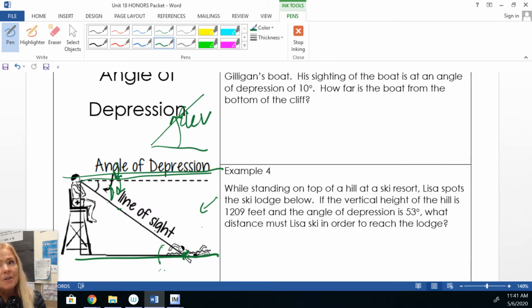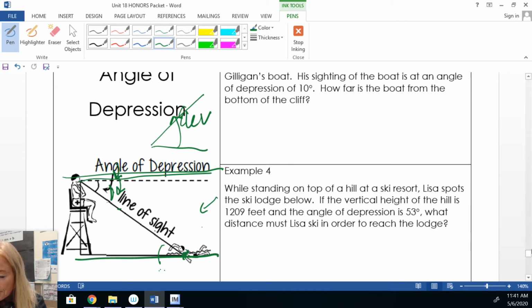Angles of elevation were really simple. It's from the horizontal up, so it's already inside of the triangle for that imaginary or indirect measurement. But for an angle of depression, we place that angle inside of the triangle using alternate interior angles, which we learned in our parallel lines and transversals unit a couple months ago. So that's the most important thing. All right, so when we're looking at